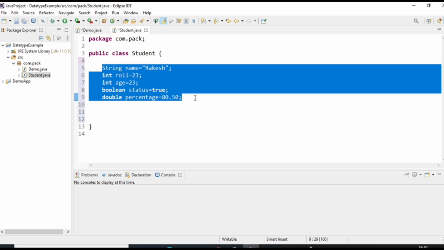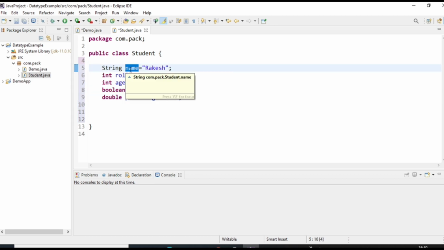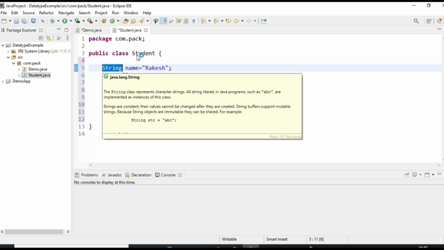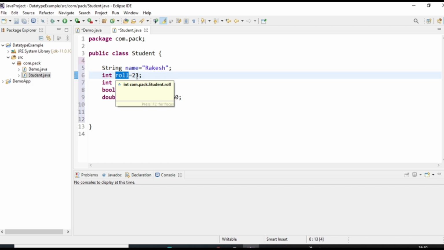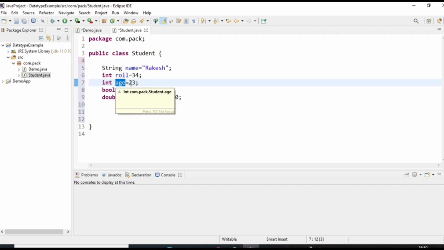So these are the variables we have declared. Here name is the variable name, this is the value, and this is the data type, right? Same, role is a variable name, this is the value, and this is the integer type. Same with this one, it will store only integer data type. So if I try to add a decimal value, see, it will show a compile time error because the data type is integer, so it will store only integer values, not decimal values, right?